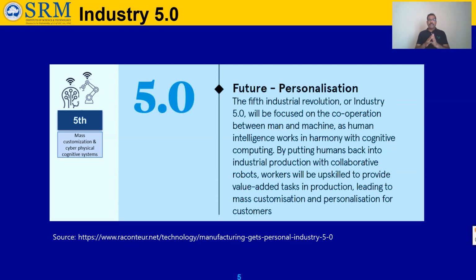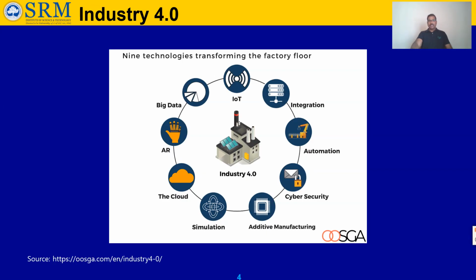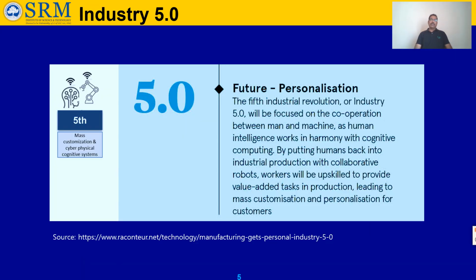So as of now, we discussed the main topics: what is Industry 4.0 and the 9 technologies available under Industry 4.0. So what is meant by Industry 5.0? Hope you are getting some idea about Industry 4.0 and how the revolution of industries went like 1, 2, 3, 3.5, 4, and now 5. Though it takes some time to implement Industry 5.0, we don't know how advancement in all fields may bring this in another 5 years also.